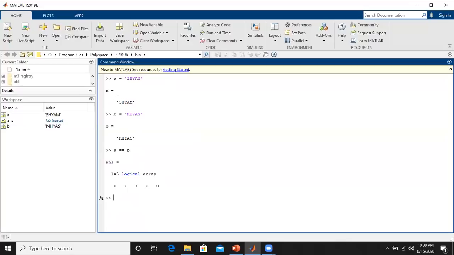So it takes the first string's first character, second string's second character, and compares them. When both are not equal, it provides a 0, and when both are the same, then it gives us logical 1 here, right?